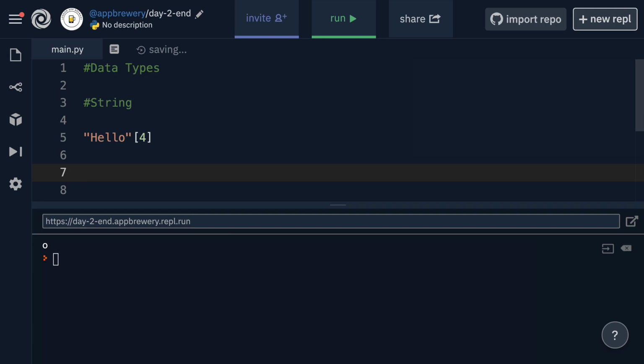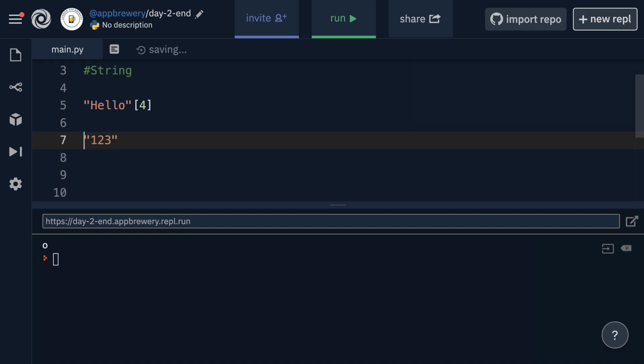Now, it's important to remember though that just because I can write a number like 1, 2, 3, as long as it's capped inside these double quotes, then this is not treated as a number by the computer. It's treated just as any other piece of text. You can't, for example, say, what is 1, 2, 3 plus 3, 4, 5?